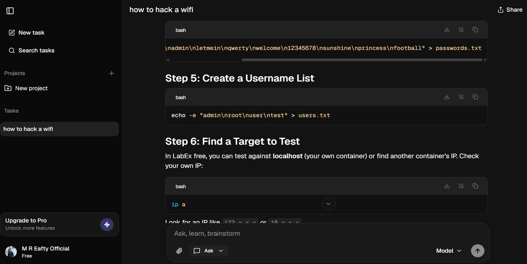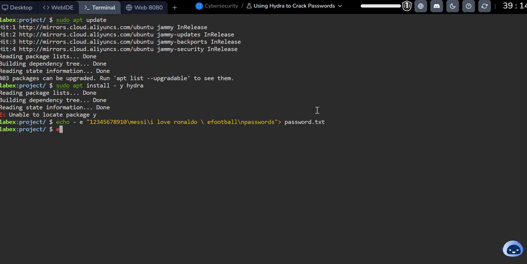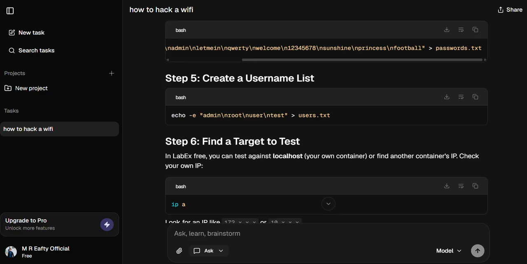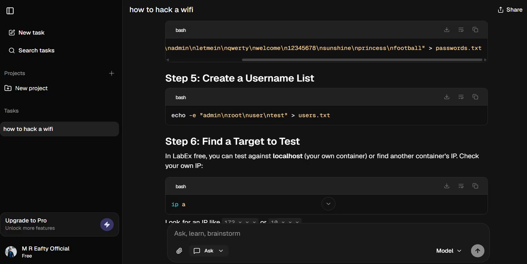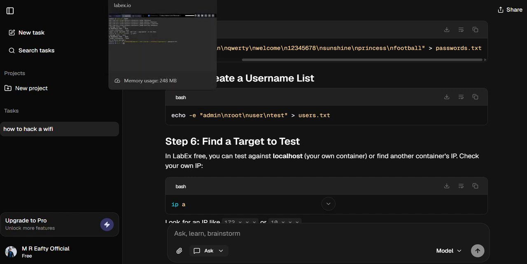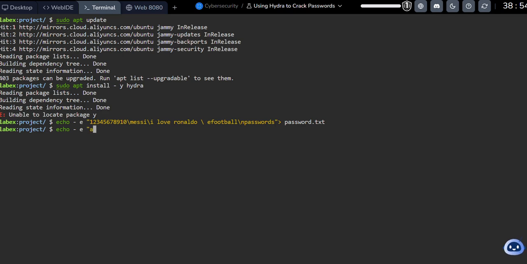Now we can see echo admin user.txt, echo -e, and then admin, root, user, and test. So admin, root and test,